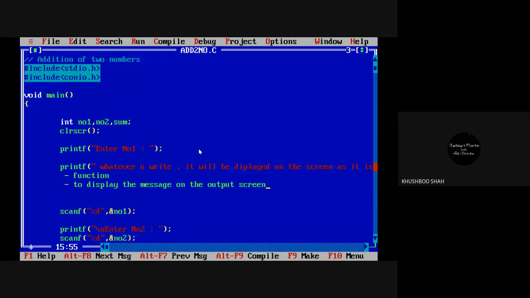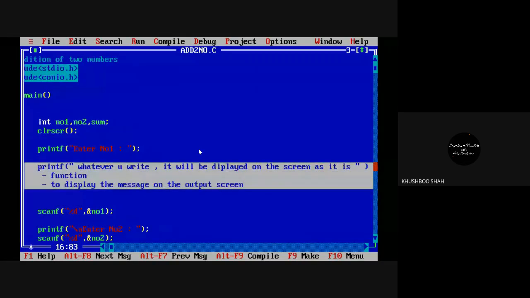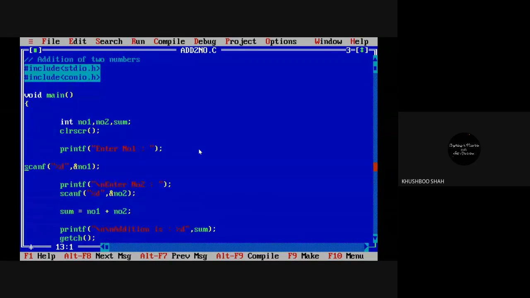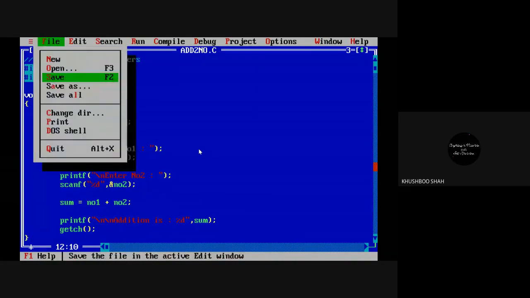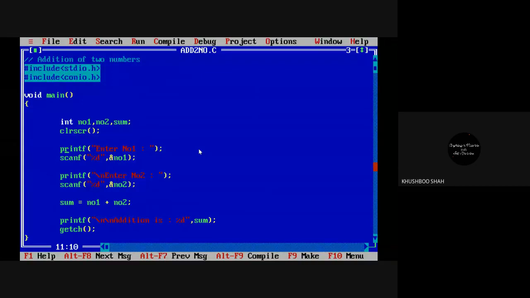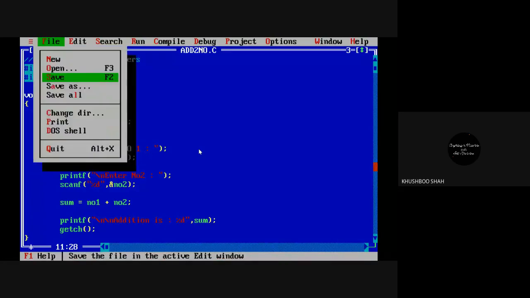Fine? Yes, ma'am. Okay, now see how it works. Right now it is written printf enter number 1. Now let's change it. I want to write everything in capital: ENTER NUMBER 1.